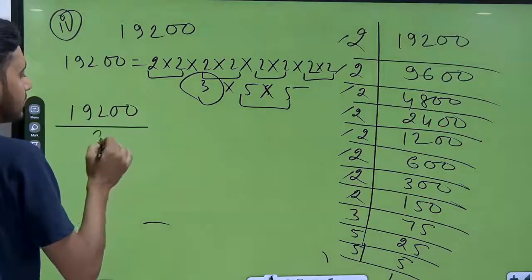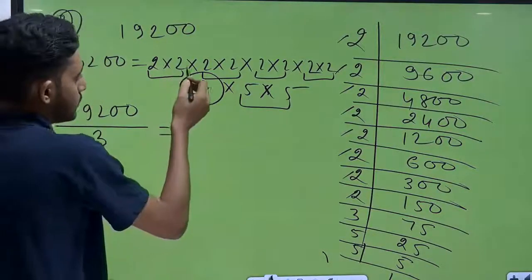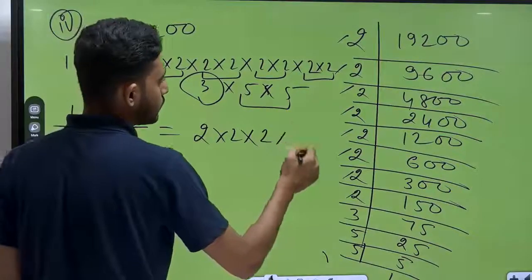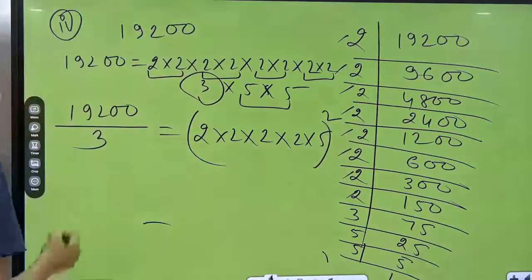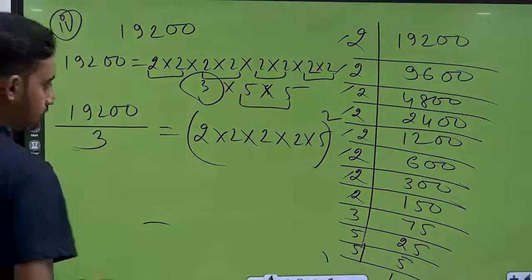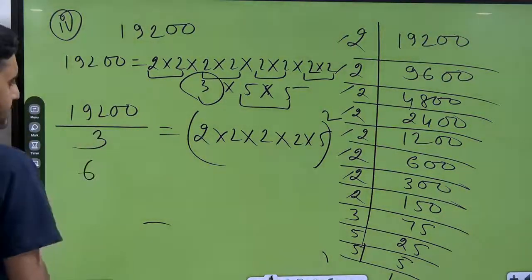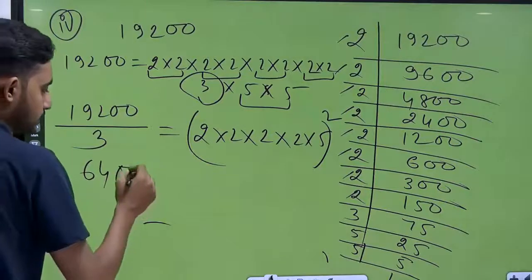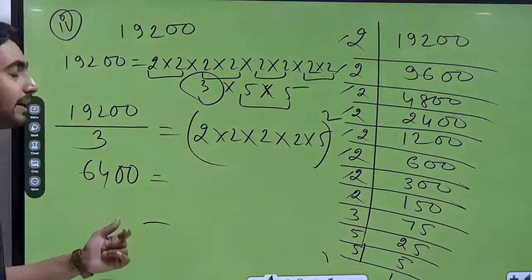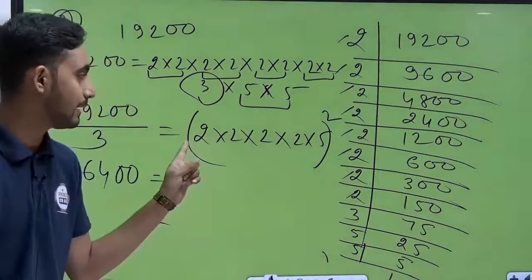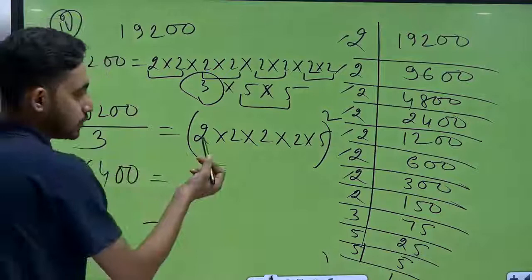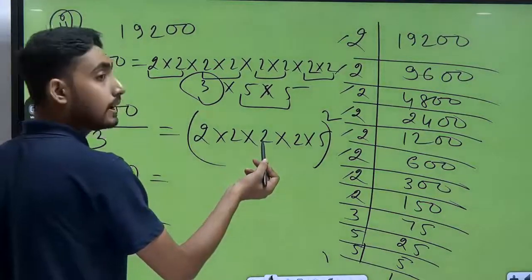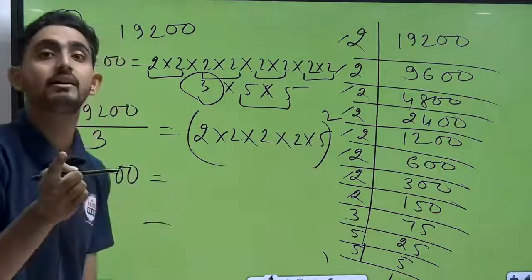So 19200 divided by 3 is equals to from 2 to 1 2. Again second pair से 1 pair, from third pair 1 2, fourth pair 1 2 and 5, and give whole square. So 19200 divided by 3, that is 6400, and we know 6400 is the perfect square of 80. मतलब यहाँ पे हमें 80 आना चाहिए. अगर 80 नहीं आए, that means your answer will be wrong somewhere. So let's see. 2 2 ja 4, 4 2 ja 8, 8 2 ja 16, 16 5 ja 80 came.